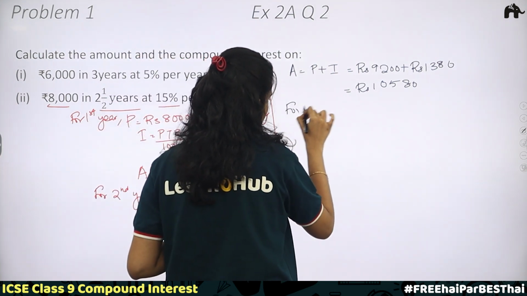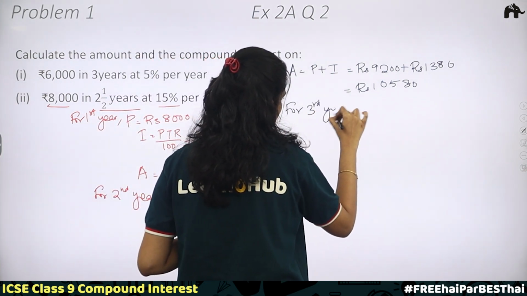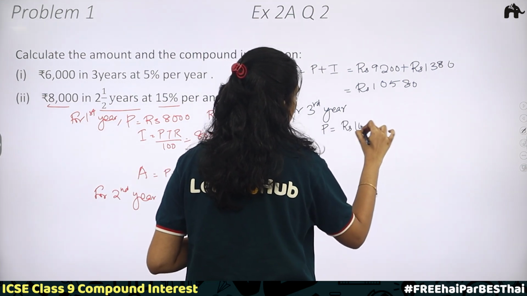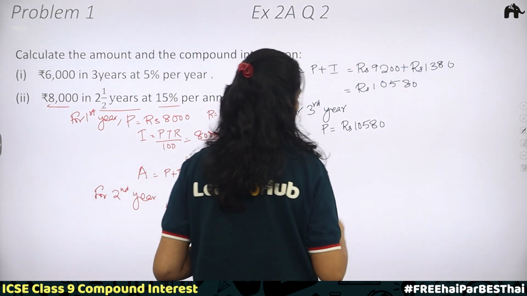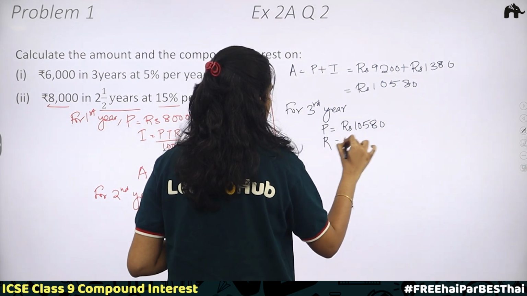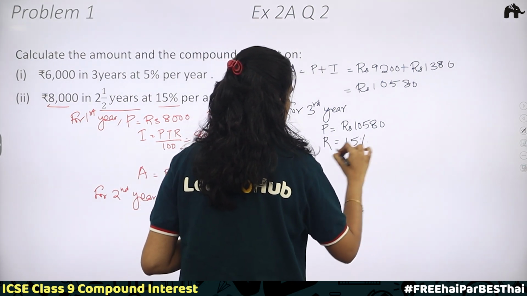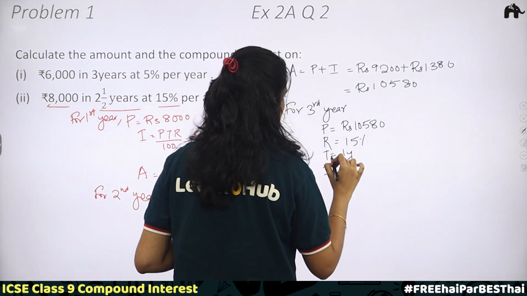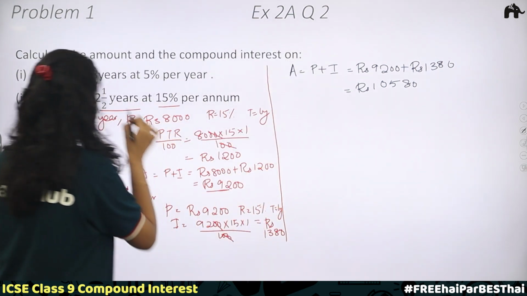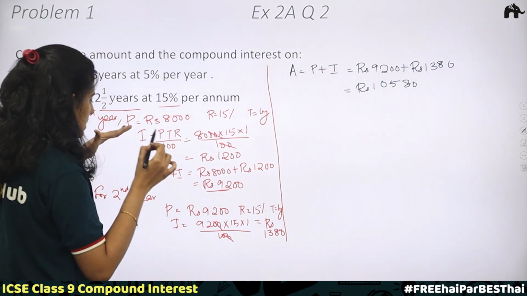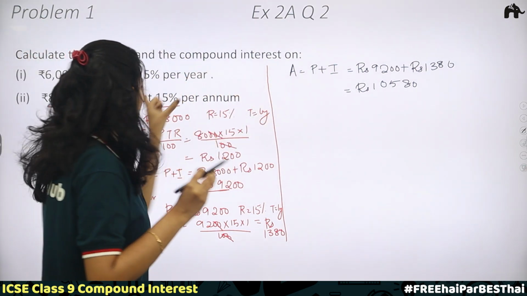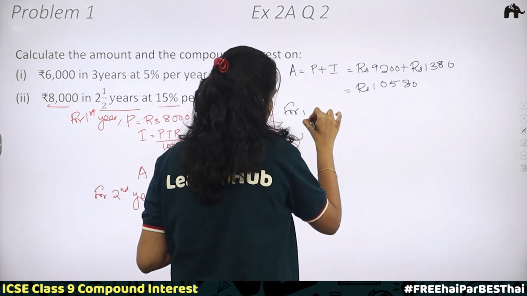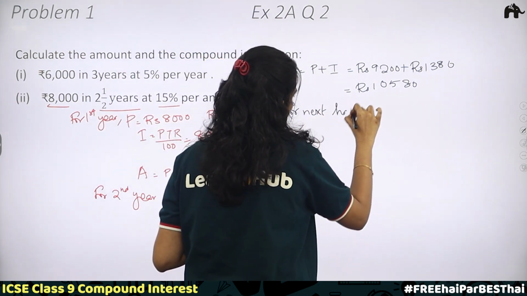For third year, principal is equal to rupees 10,580. Rate of interest is same, 15%. Time will be 1 year. Interest is equal to. Now here we have 2.5 years. First year is over, second year is over. We have to find the next half year. Okay. So for next half year,